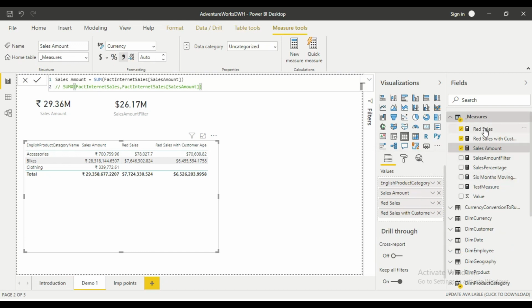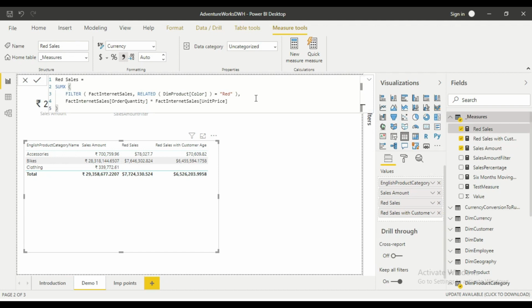Now I have created another measure which again uses a table expression to filter out the sales which are related to products of color red. As you can see, for the SUMX function, I have taken the filter function, I have taken the fact internet sales table, and I have filtered only those products which have the color red.